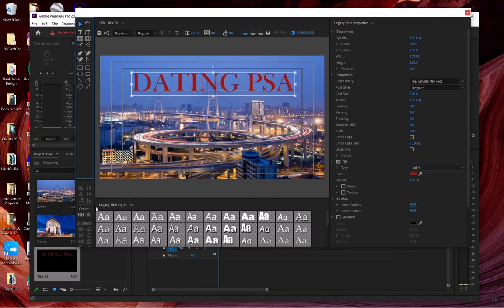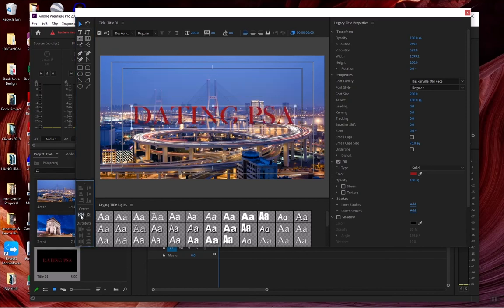And then there's this really cool automatic centering tool down here in this palette where it says center here. This will center it horizontally or vertically. And this button right here will center it vertically and horizontally right there. So you now know that it's right in the middle of the frame. Perfect. Now here's the crazy part about titles, is once you have a title looking the way you want it to,